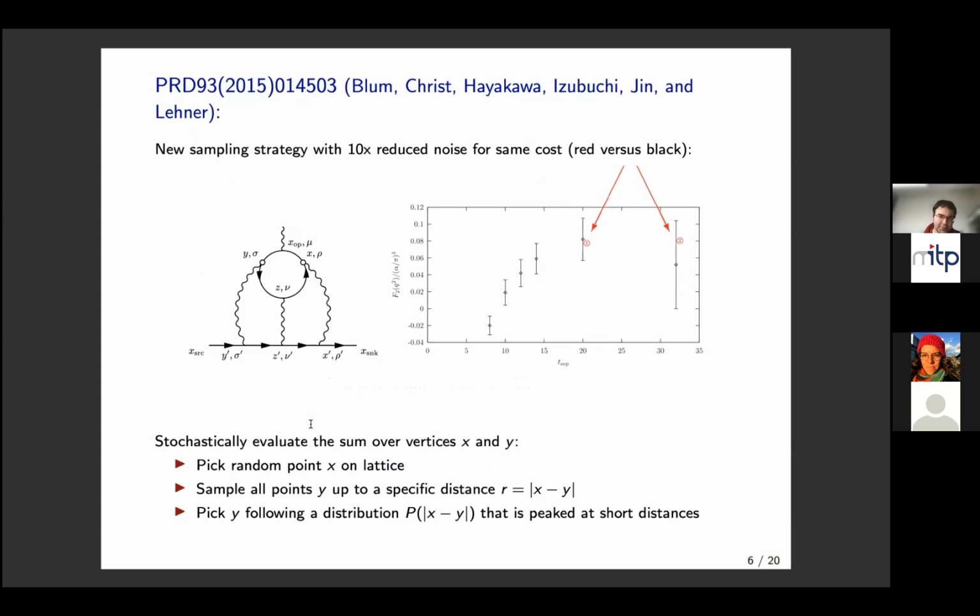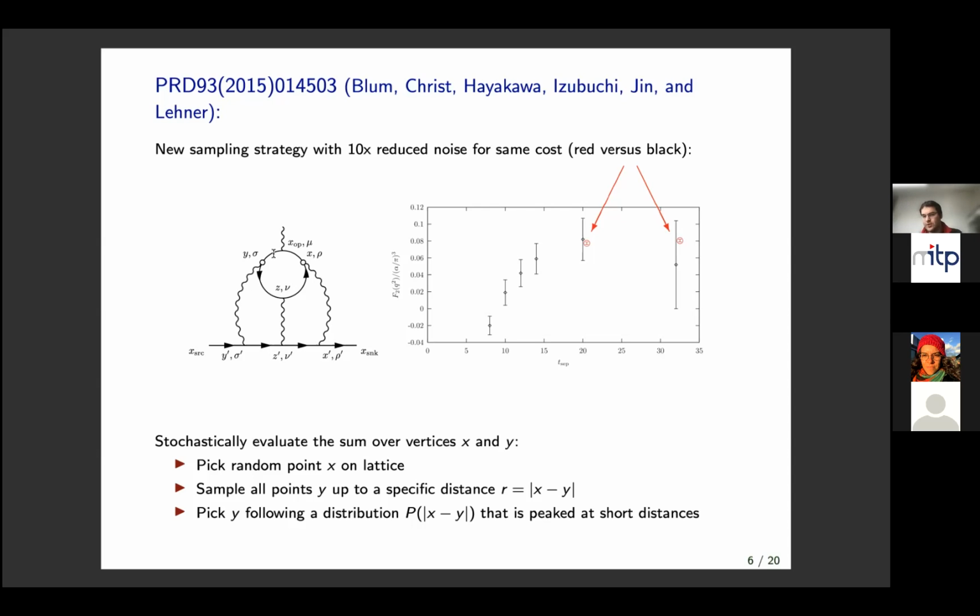So let me quickly highlight one idea, because I think it's rather straightforward and gives you a taste of what can actually happen in lattice QCD. There are ideas that change more than just waiting for bigger computers. The idea here was to not generate these photons in a stochastic way, but to pick these two points randomly, but with a smart probability distribution between them. You start by picking, let's say, the X, and then you know that if the Y point was far away from the X, since you have these quarks propagating through a non-trivial QCD background, you would have them exponentially falling off. So if the Y is too far away from the X, you essentially only get noise, you don't get a contribution anymore.